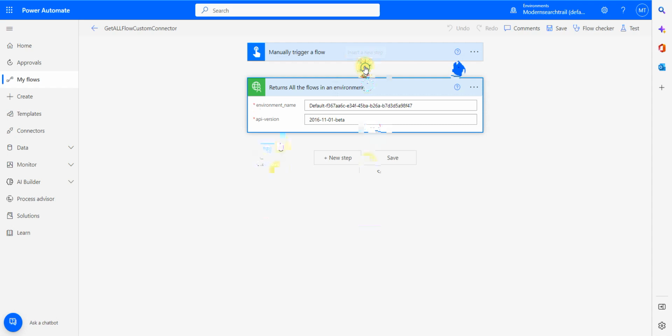So this is the custom connector action that we have defined via the OpenAPI and updated inside the custom connector that is visible now. I already executed that flow some time ago. If you see, the flow has been executed successfully, and we'll be seeing all the details under the body, right? So this is how we'll be creating the custom connector via the OpenAPI